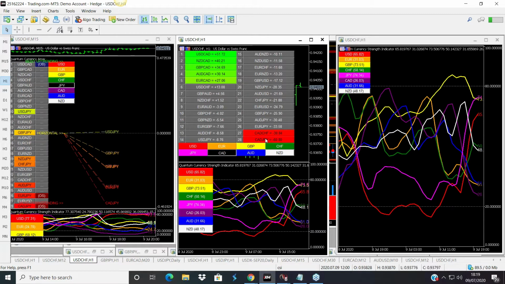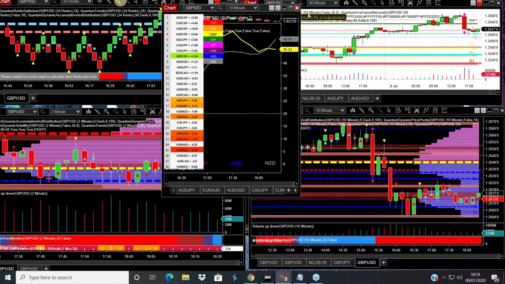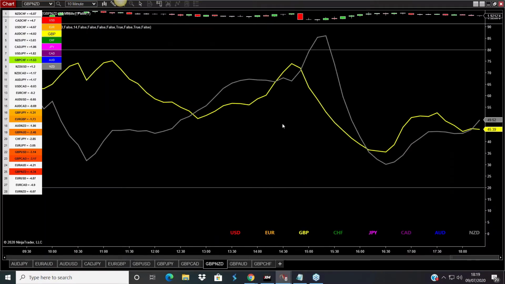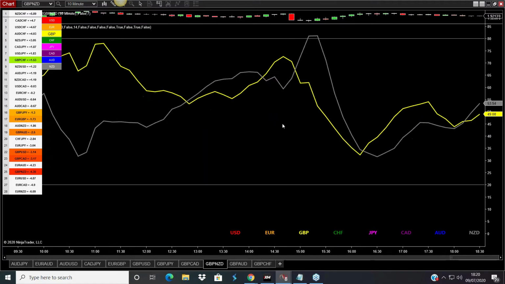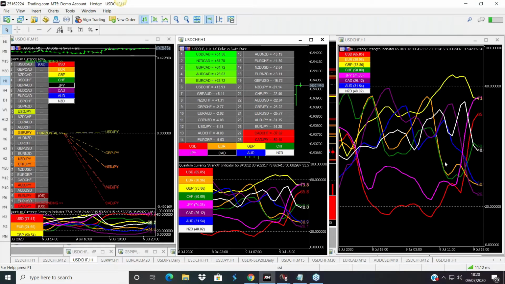Now, I'm not using this in this way at the moment. As I said, I have selected my currency for this period. In fact, I think probably for the rest of the month. So what I've done, and you can do this on MT4 or 5, is I've actually isolated out the British pound pairs. And the reason I've done this is because when you have the CSI, as we saw earlier here,